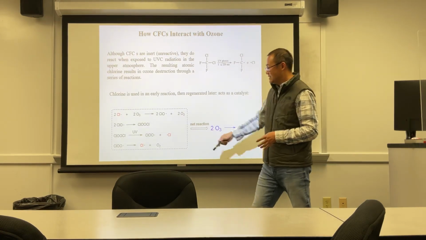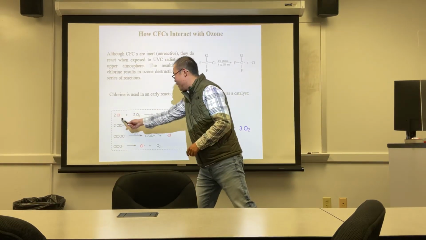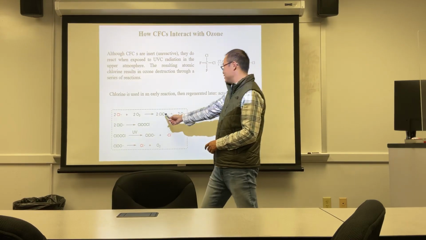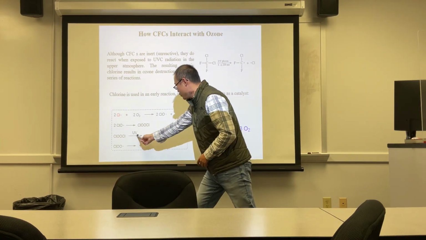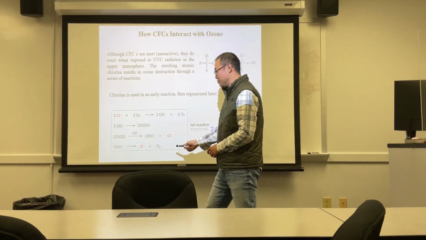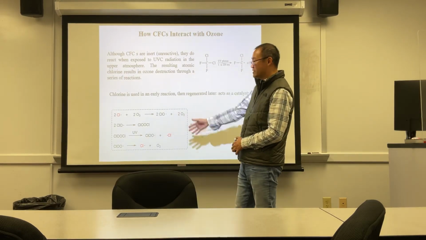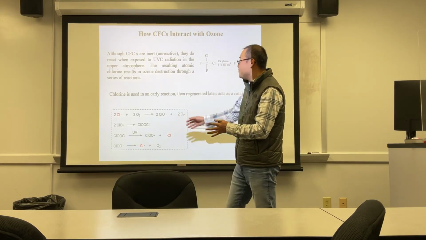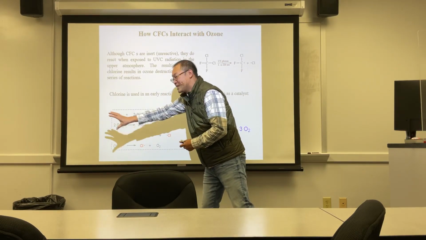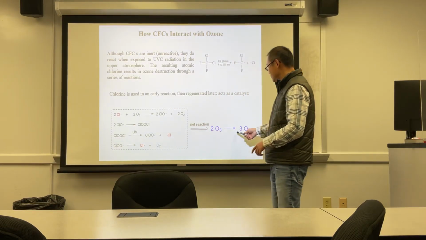And what it does is these 4 steps. Chlorine reacts with ozone to give you this product. 2 of those combine together and under UV they split again. And then this one also splits again into oxygen and chlorine. So these are 4 steps. Again, like we said earlier, if you add these 4 steps all together, everything on the left side and everything on the right, and cancel species on both sides,